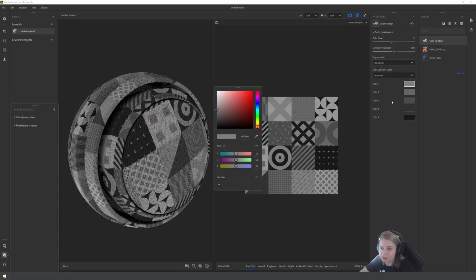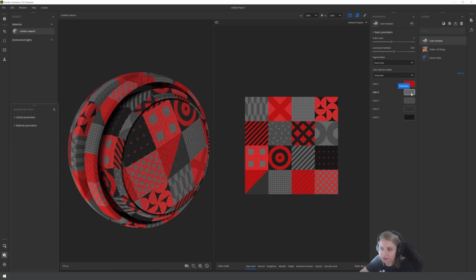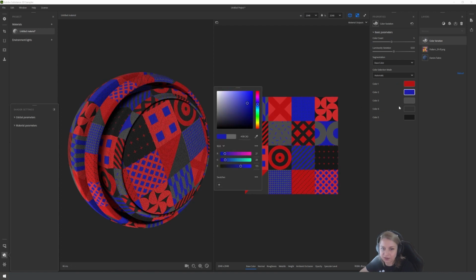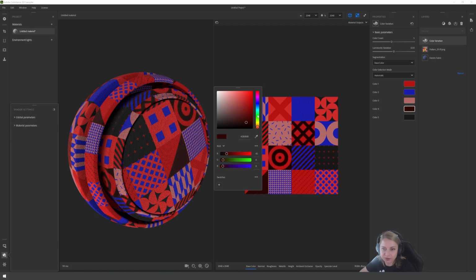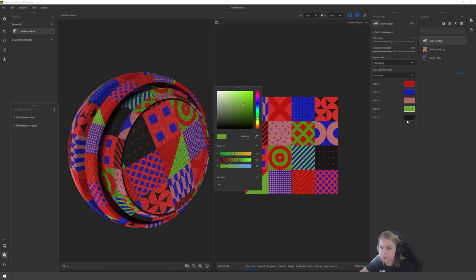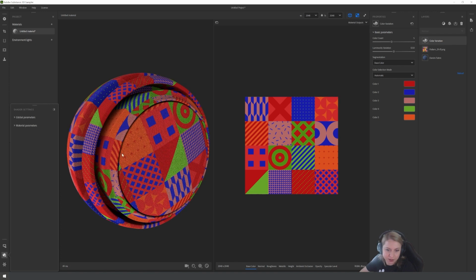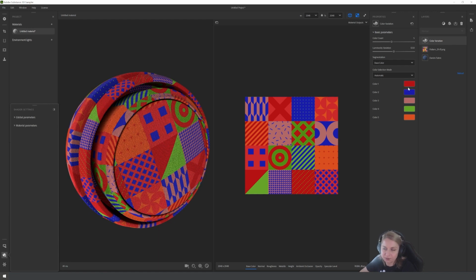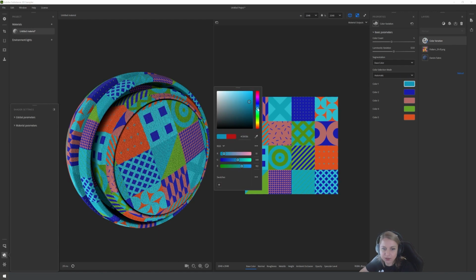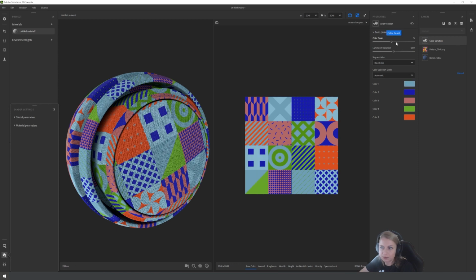You can add as much color as you want, and by changing this color, you can create different color variations of the same pattern. It's going to look very ugly now, but don't mind. I just want to show you guys what you can do with this. And that's, I don't know, orange. So this is the same pattern in a different color variation. Okay, let's not make this hella ugly. I think I need one more.